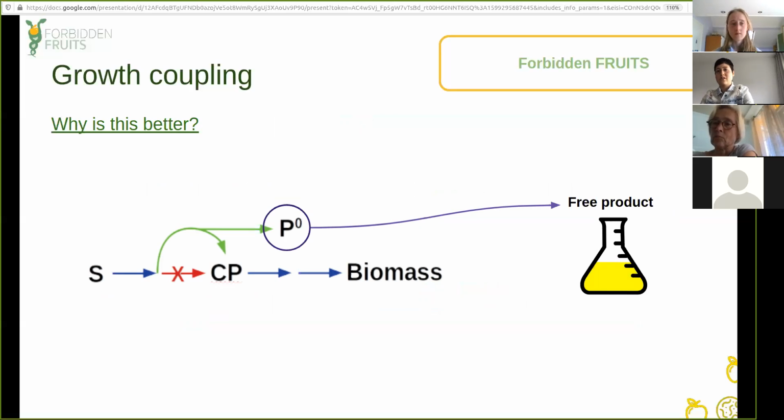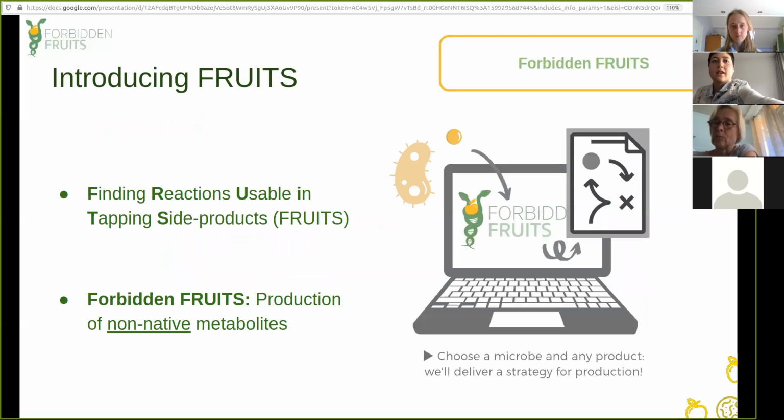Besides having a reaction that is now essential for the microorganism, we are also left with our product of interest in a free form, which means that it would not be consumed by the microorganism since it doesn't need it for any of its processes, and that we can collect it for our own purposes. And since the microorganism would no longer experience genetic instability, the genetically modified cells can now be used in industrial settings for a continued production. So no more risk of mutation, or a much, much lower one.